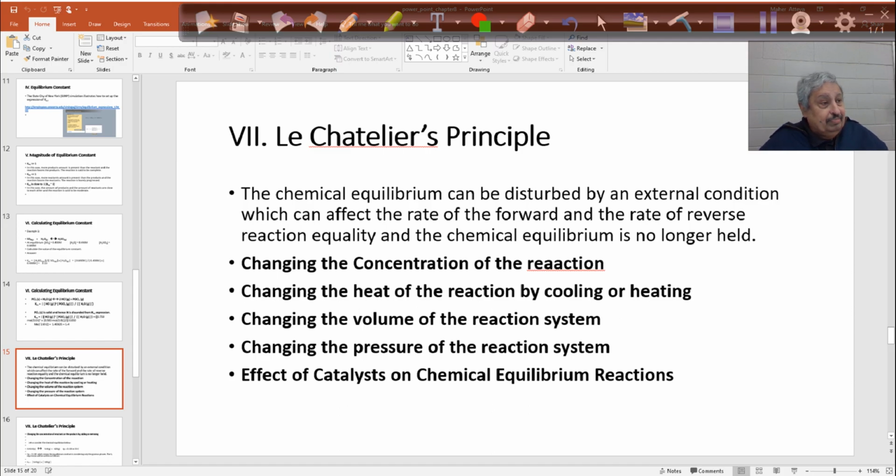When I start playing around with this chemical equilibrium, adding some stuff, dropping some stuff into this chemical reaction, the chemical equilibrium will reject it. It will not really like it. It says, no, I want to go back to my status where the chemical equilibrium was held, correct? So in order to do this, the chemical reaction will go back and forth and will examine which side of the chemical equilibrium, left or right, reactant side or product side, has the least stress